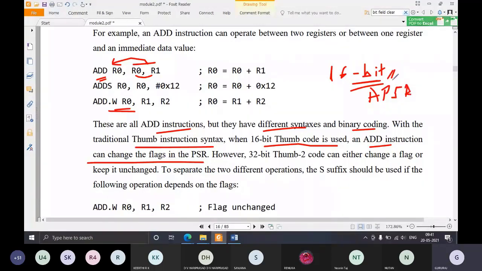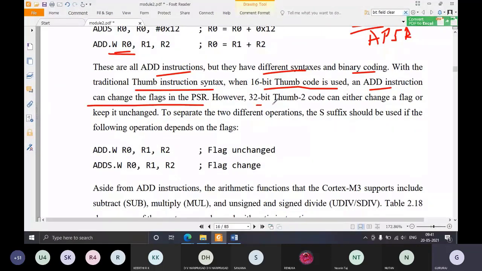That is why we have to go for 32-bit versions, where you have the control. What is the control? Either change a flag or keep it unchanged. It can be controlled if you go for a 32-bit instruction.